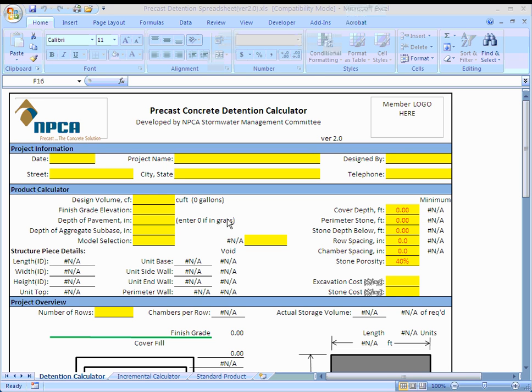The Precast Concrete Detention Calculator is an Excel-based tool that simplifies calculations needed to specify stormwater structures for underground detention and retention systems. To begin using the calculator, under the Detention Calculator tab, you can start by entering in the project information. For the date, we can put in today's date,